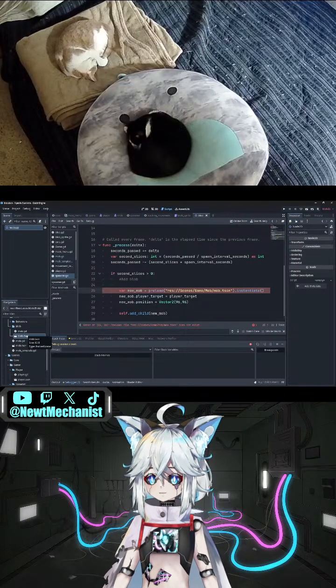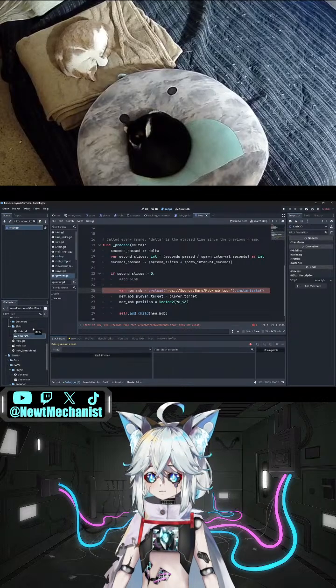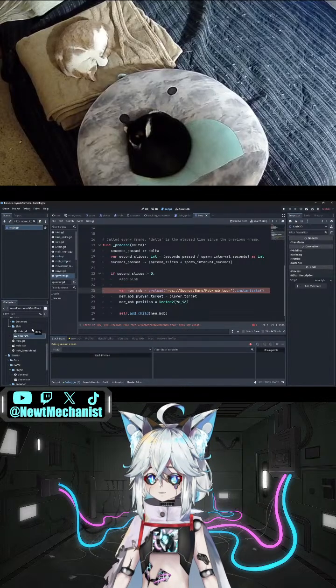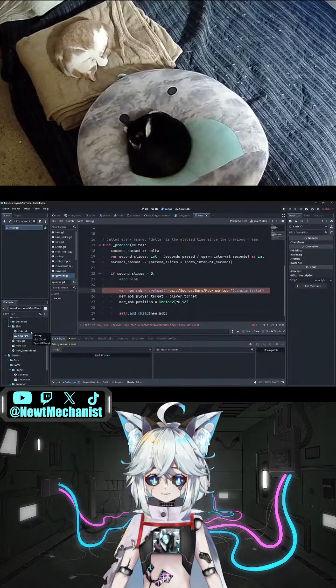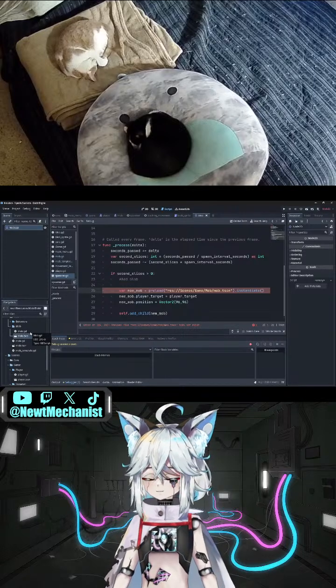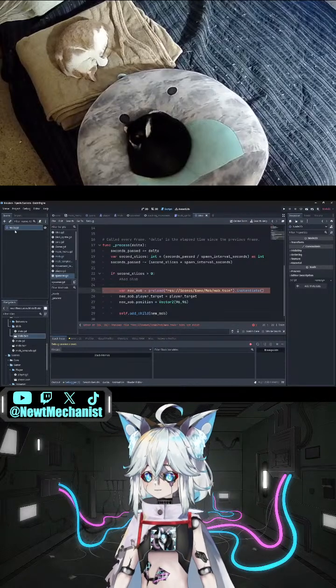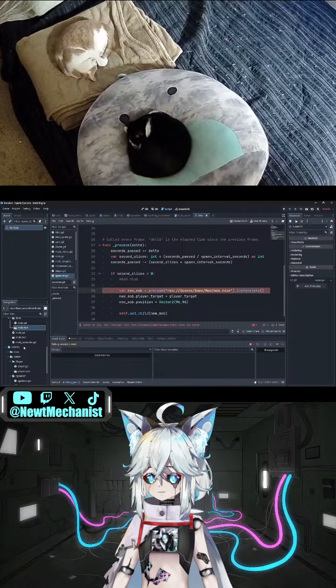Mob is a node 2D. So if it's a character body,